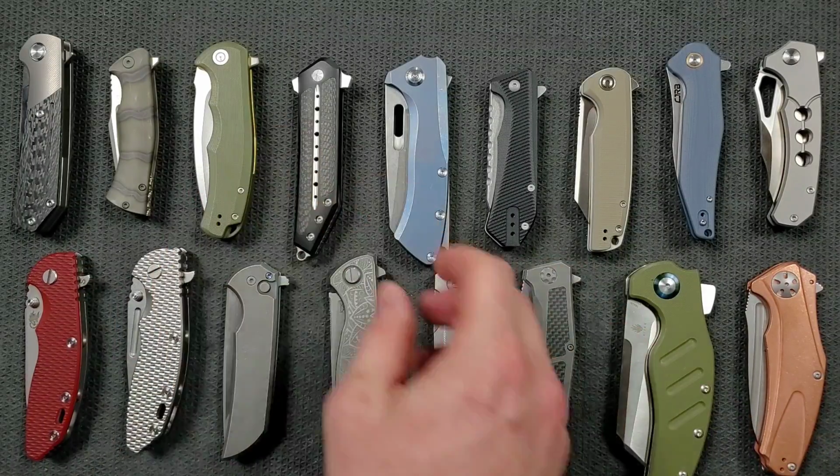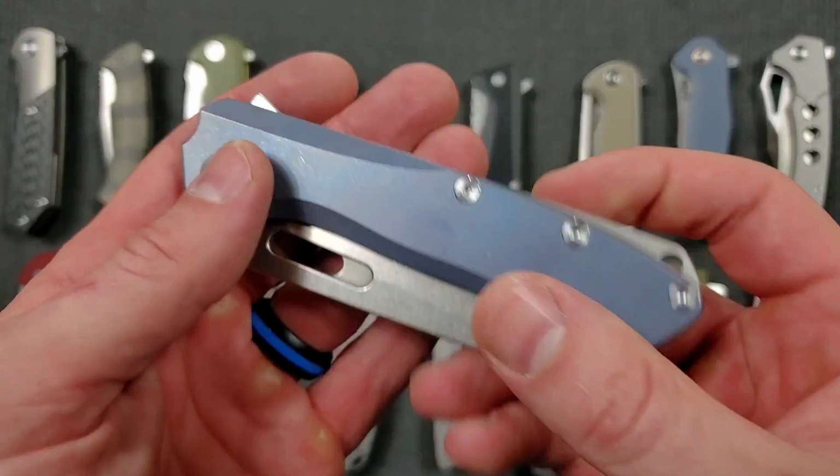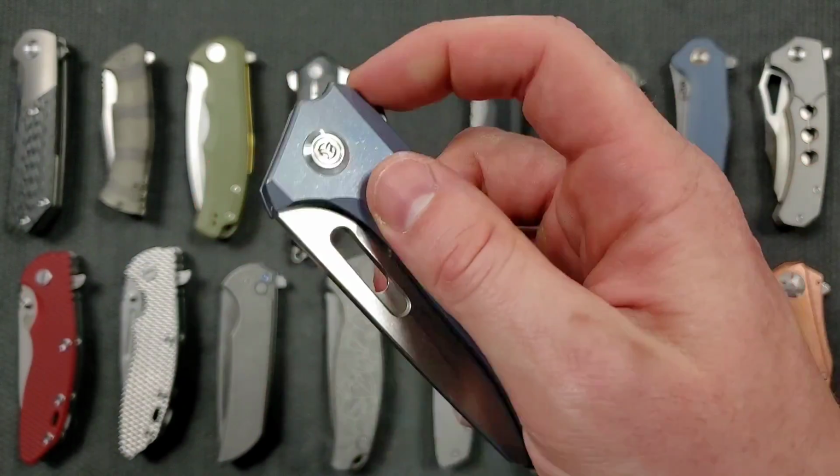Those ratios determine exactly how well that blade deploys. If you don't push it exactly right, let me see if I've got an example. Here's an example of a flipper knife. The PMP Revenge is an awesome knife. Here's an example of a flipper tab that's not so